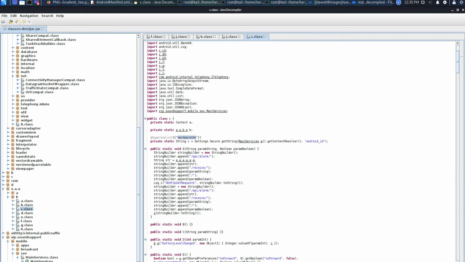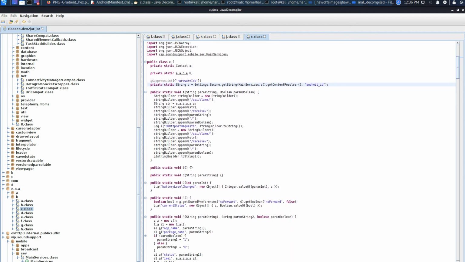Hardware IDs also it is taking, like what kind of components you are having, and Android ID also it is taking.